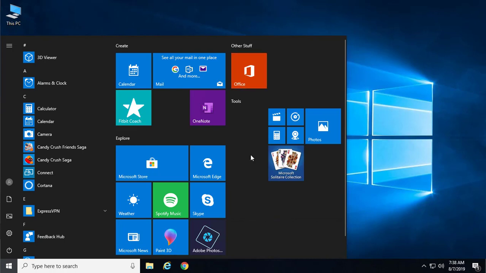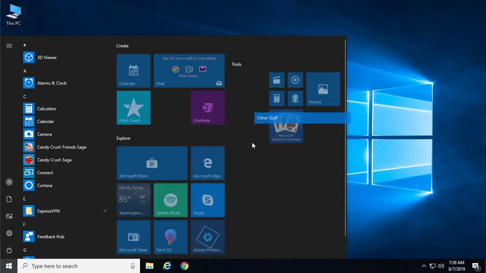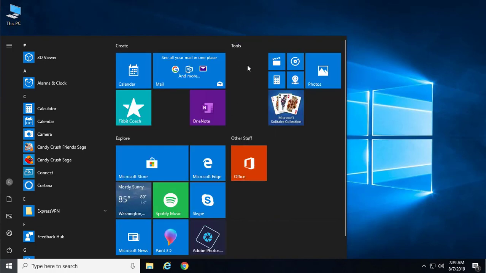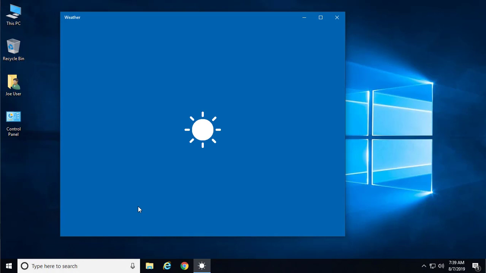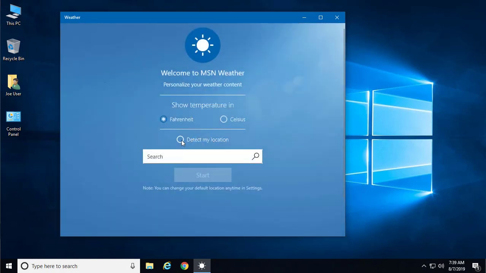Now see, because there wasn't any space there, it wouldn't let me drag it where I wanted to put it. So be aware of that. So now if I drag this and put this back down here, that looks more logical again because of the space. Now, if you'll notice the weather, one of the first things I usually do is click on the weather thing and allow it to use my current location,